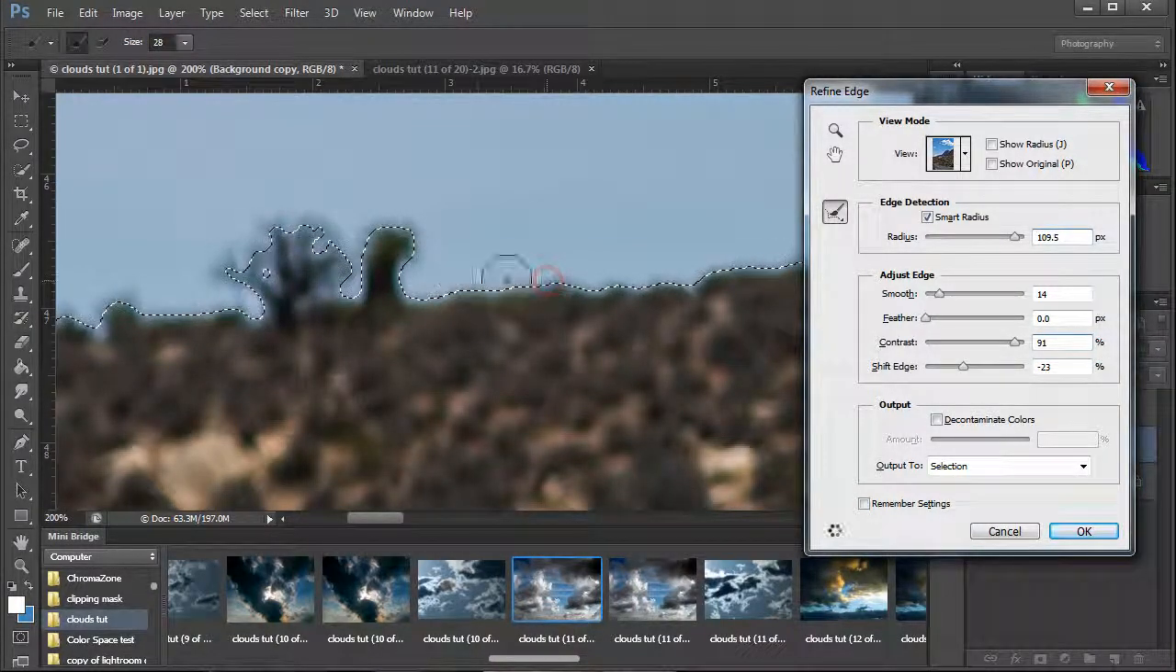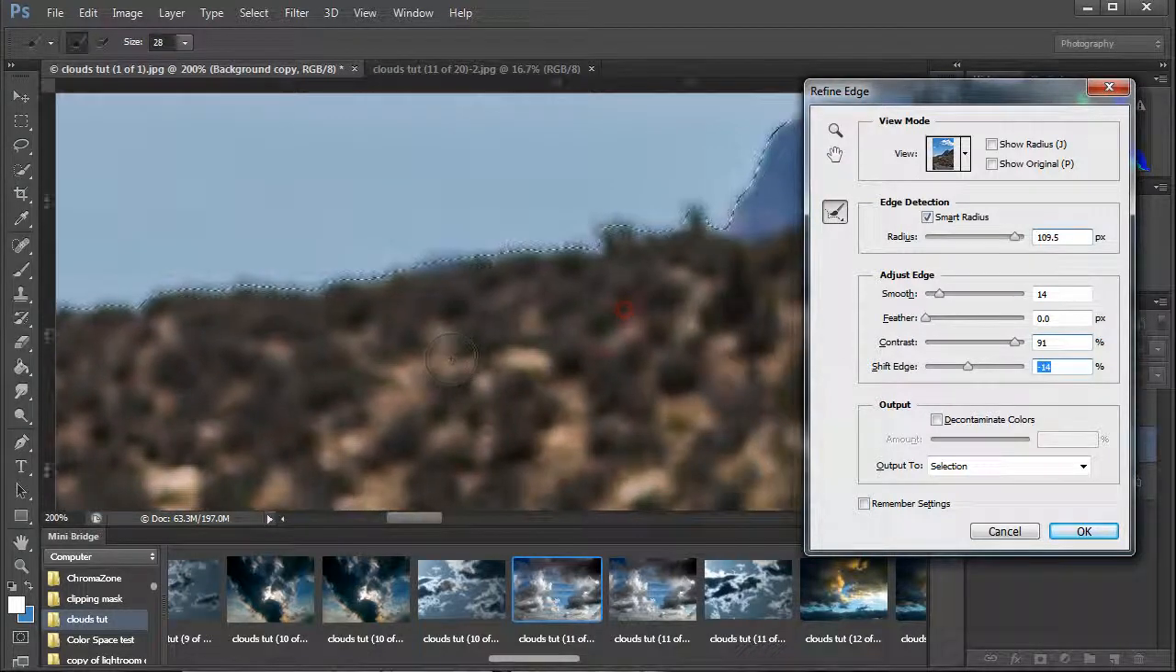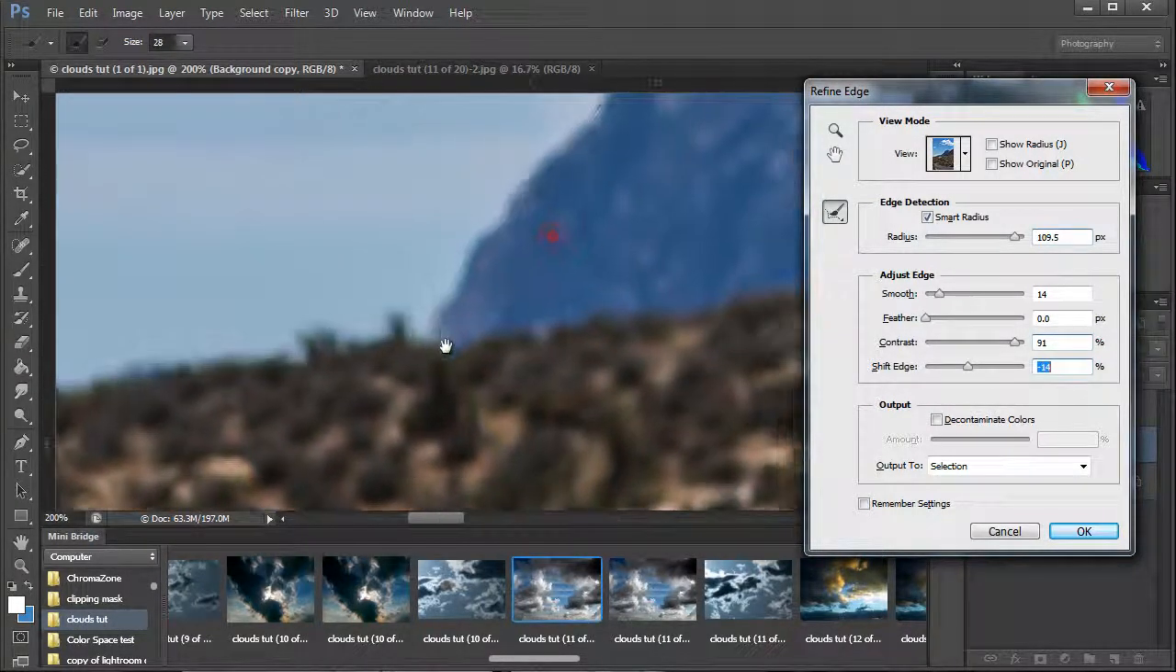Okay, that looks pretty clean. So let's refine this edge just a little bit more. I want to see if it'll get tighter on the tree. That's too much. And this is just a trial and error game. That's pretty close. We can work with this, and we can go back in and paint on the mask to